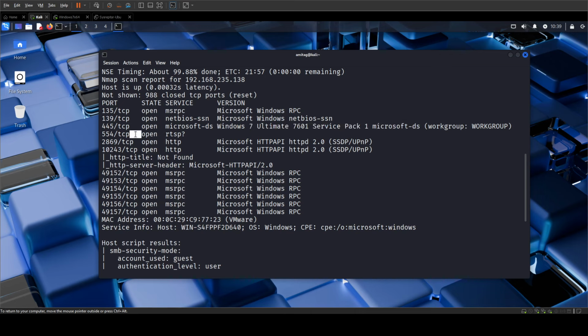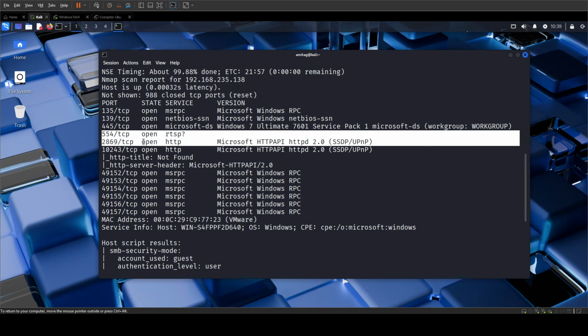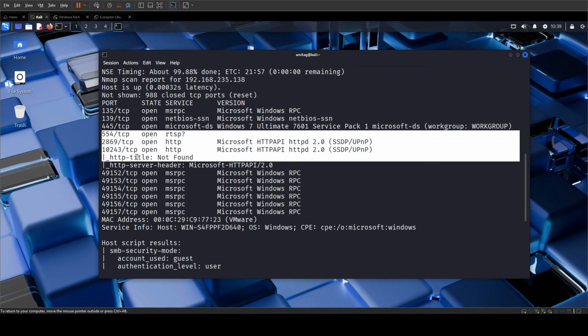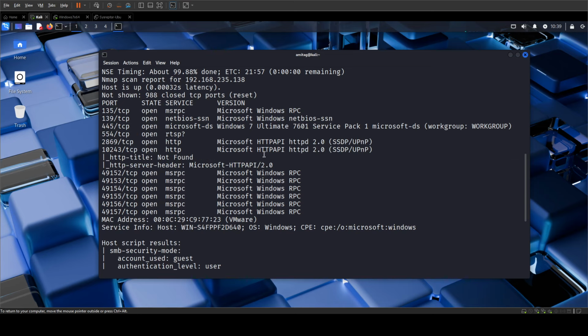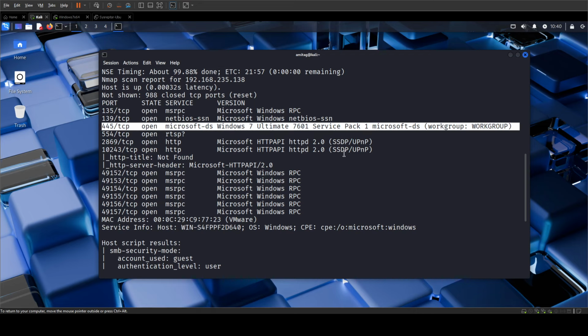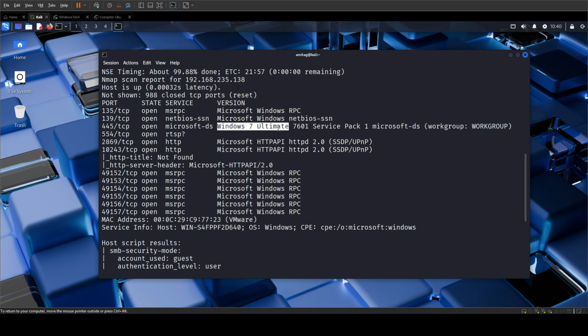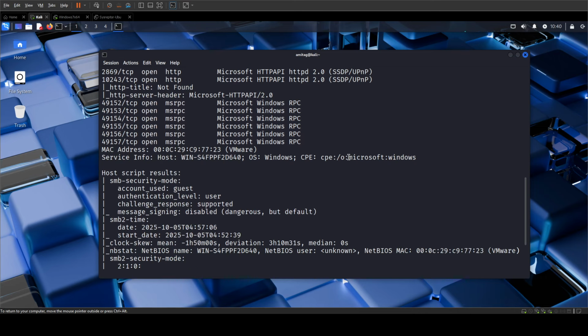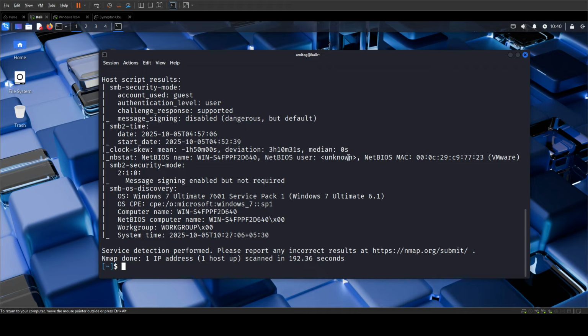And then you have 554, 2869, 10243, and so on and so forth. Okay. We are not interested in those. What we wanted to know was whether 445 is open or not, and that this is a Windows 7 Ultimate 7601 Service Pack 1 system. This is applicable for Windows XP, Windows Server 2008, and so on and so forth, right? So once I have this, I will use ZapGPT and say that I am